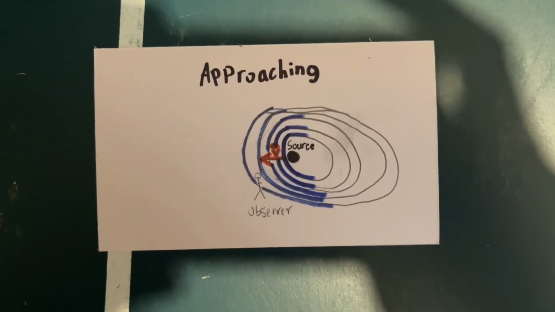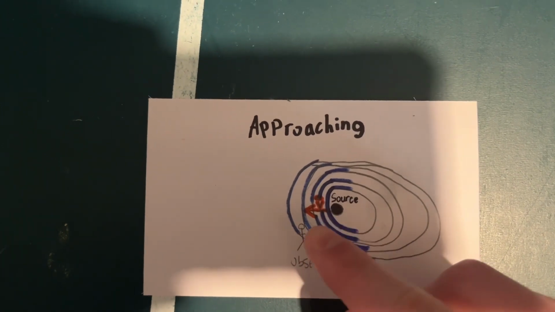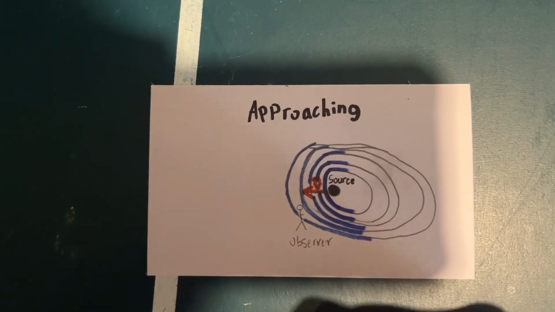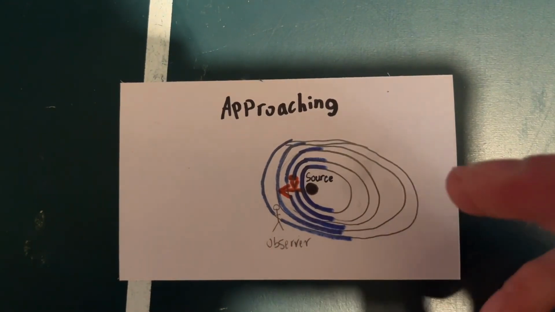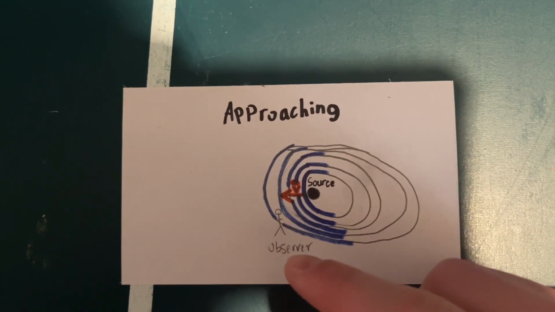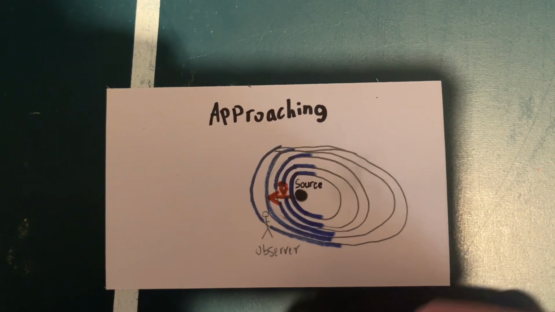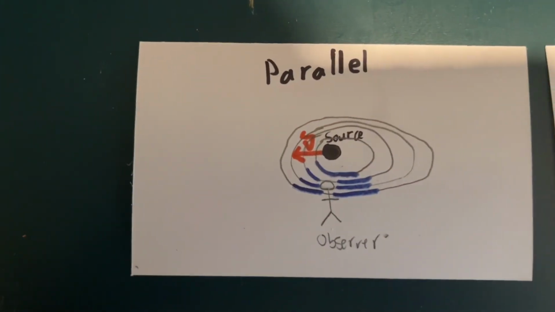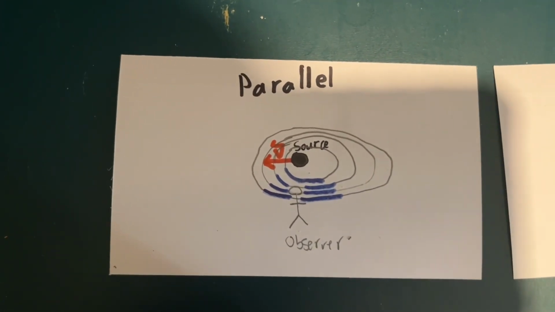In the approaching diagram, we can see that the observer here is being subjected to a high density of waves, which is correlated to the high frequency that people experience when a source is moving towards them. That's why in the video, when the truck was approaching us, the car horn sounded a lot higher pitched than here. When the truck was pretty much parallel, that is the best representation of the actual frequency that we should